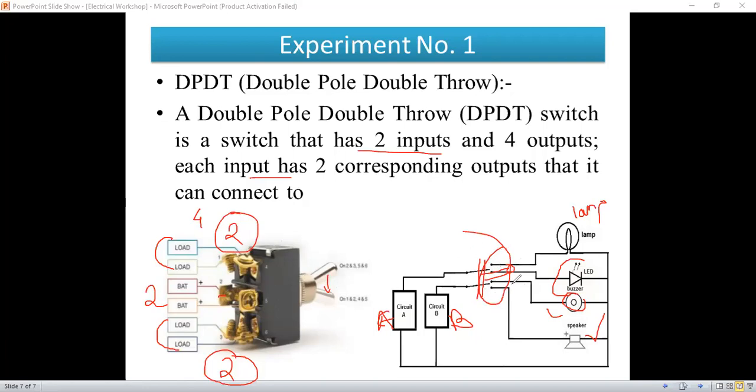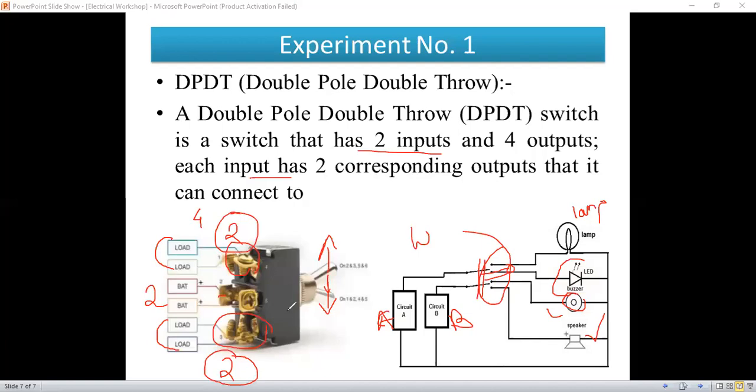These types of switch are generally wooden type switches. So this toggle type of switch can be connected like this. When we throw on this side, these 2 poles or 2 outputs are connected. When this switch is thrown on this side, these 2 outputs are connected. Okay, so this is